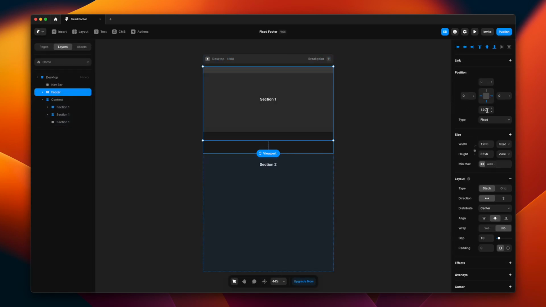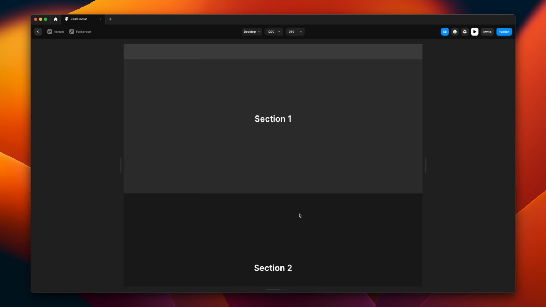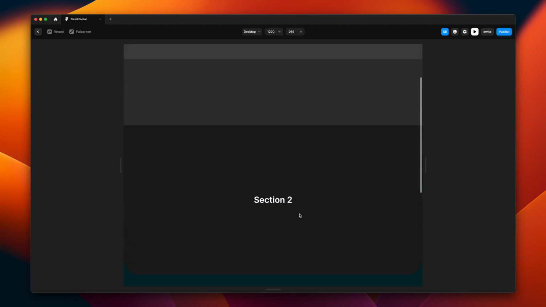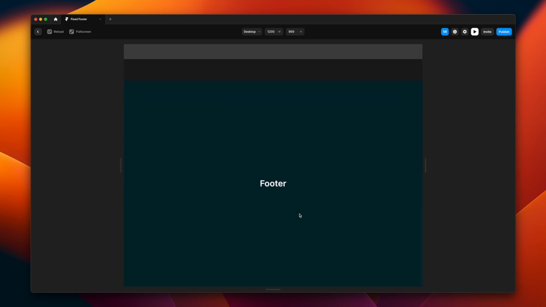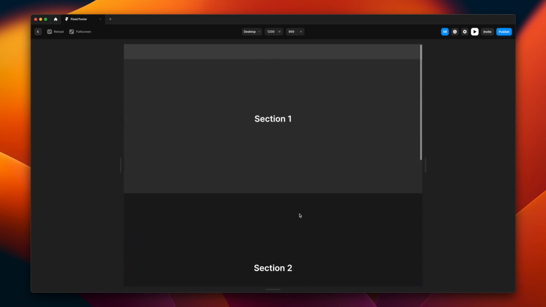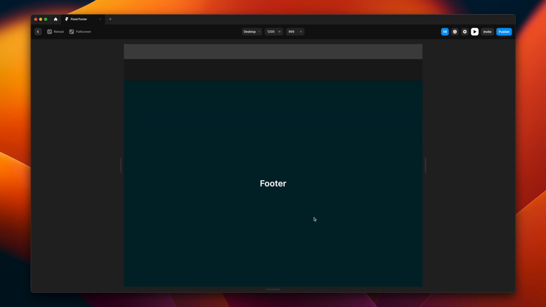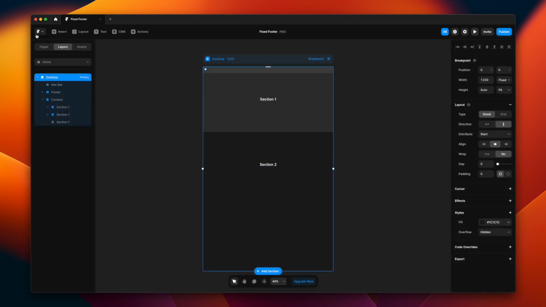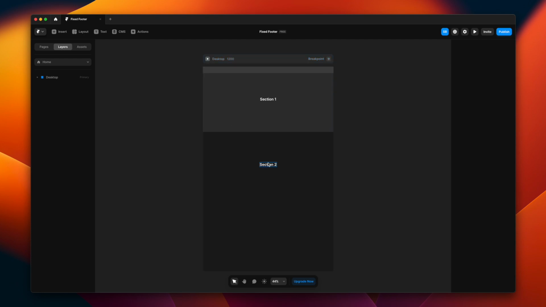So what we have done is a very stupid mistake: we have the padding in here, and you need to get rid of that. And now if you see, you have a very smooth transition, and that's why that extra space was visible. And now if you scroll through, you will have a very smooth transition. You just created your very own sticky footer.